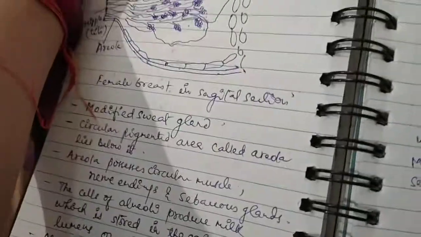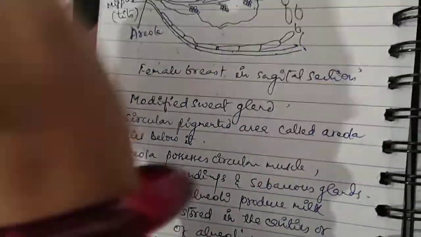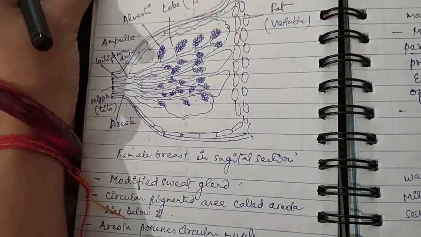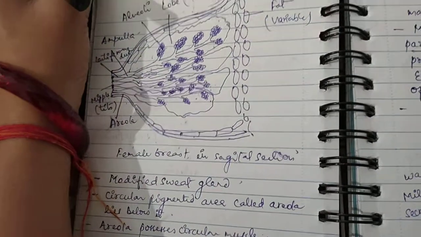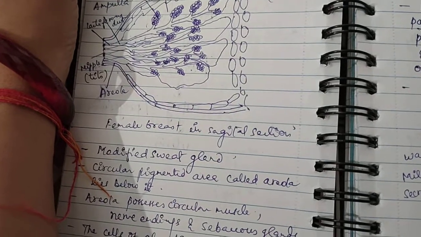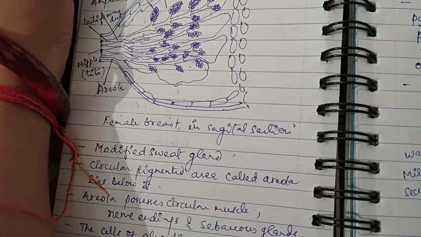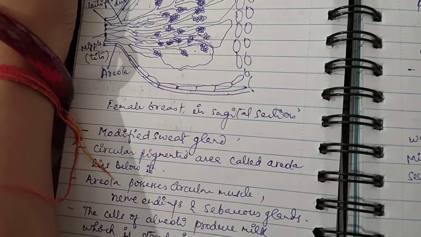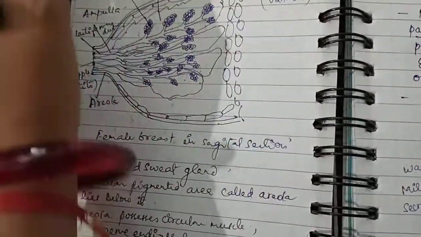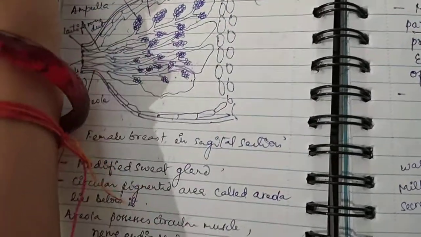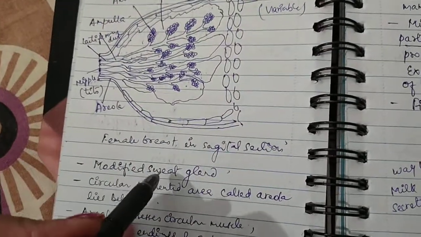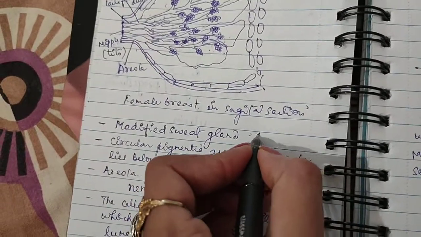As I told you, this is a type of modified sweat gland. Actually it is a modified sweat gland. This is also called an apocrine gland, which has a simple cuboidal epithelium that surrounds a larger lumen. So due to their larger size, an enormous volume of milk must be produced,